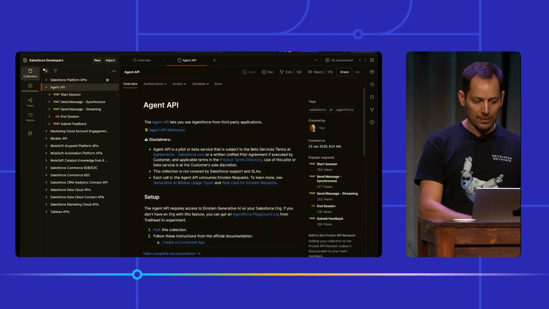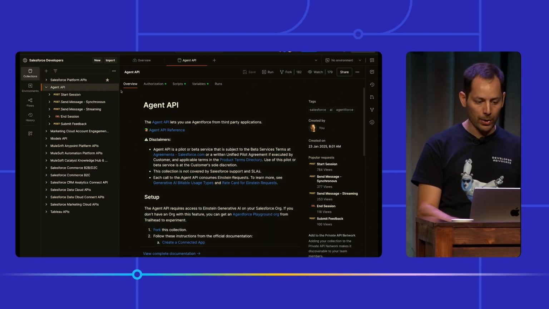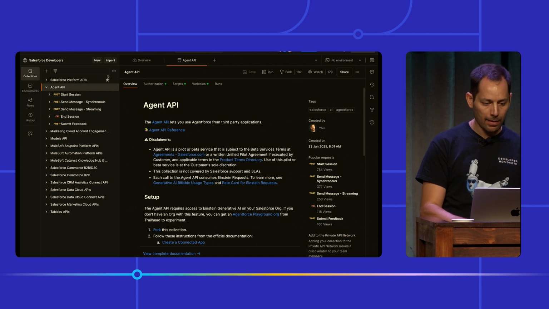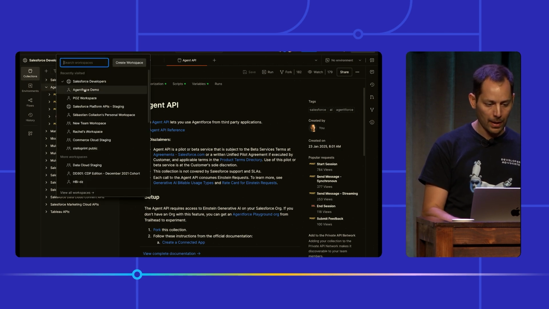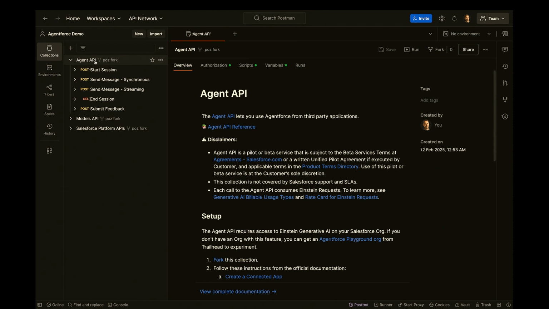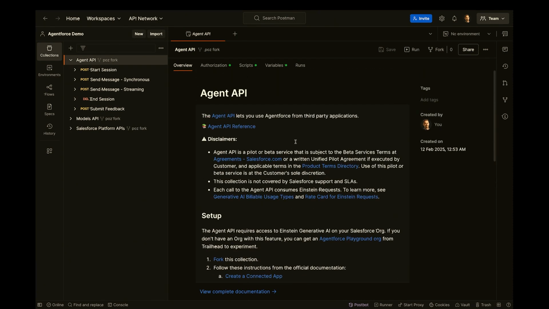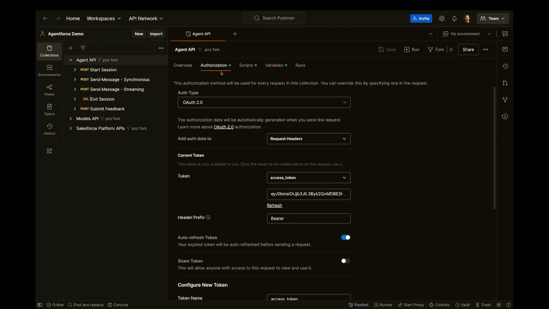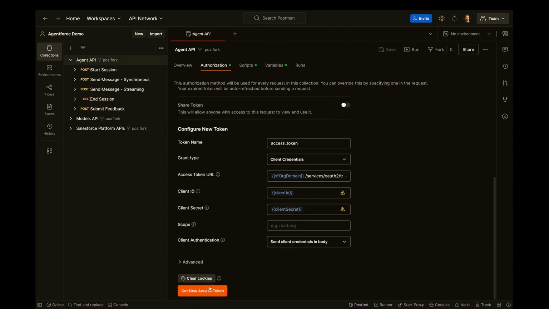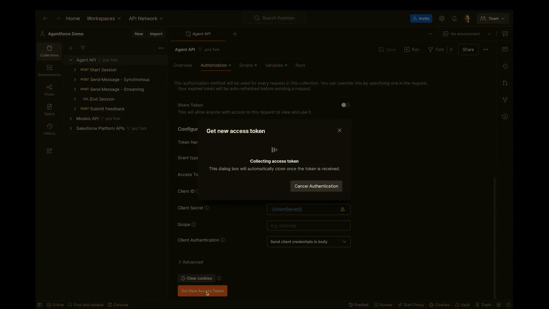You go on this Salesforce Developers workspace. You'll create a fork of it. I have already created a fork in my own environment. I have actually prepared it, so I have already prepared my configuration. So you'll work with variables to prepare the configuration. All of this obviously is documented. I won't go through documentation for the sake of time. But once you're ready, you authenticate with your connected app. So you have to provide obviously the credentials of your connected app. And then you'll be able to interact with it.